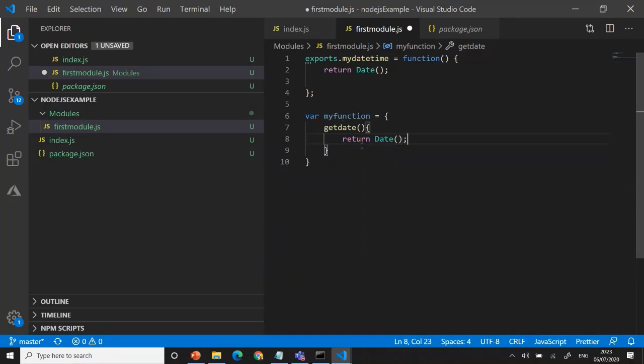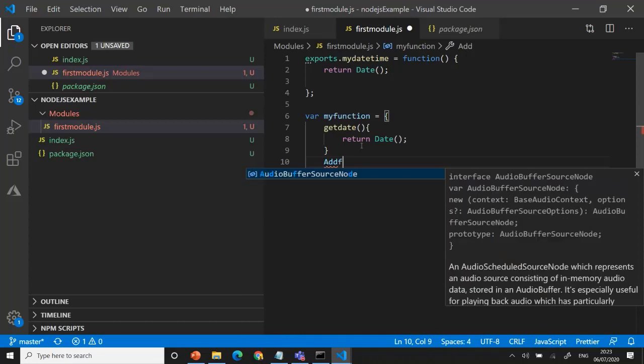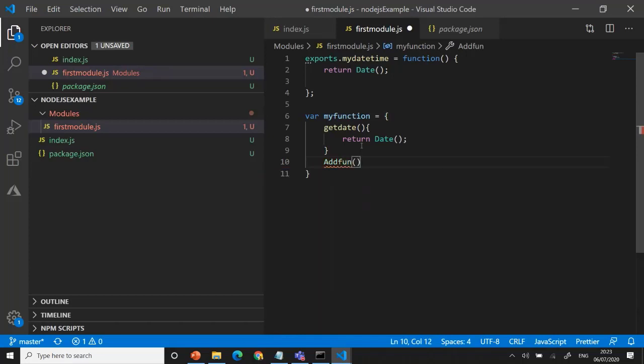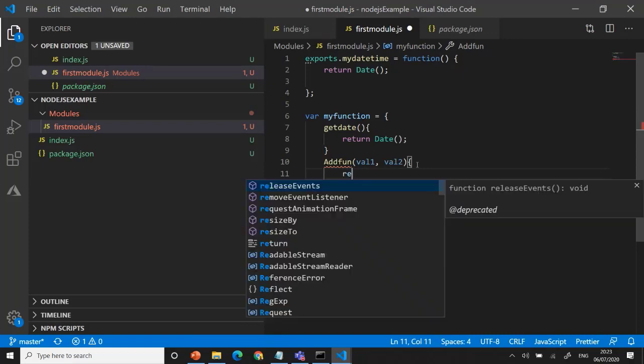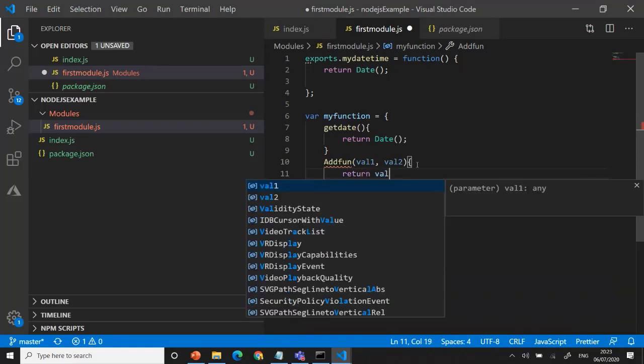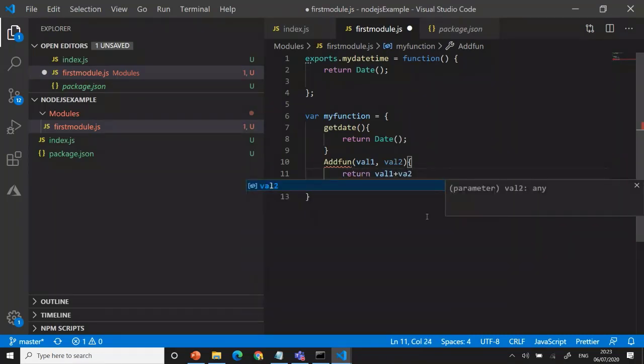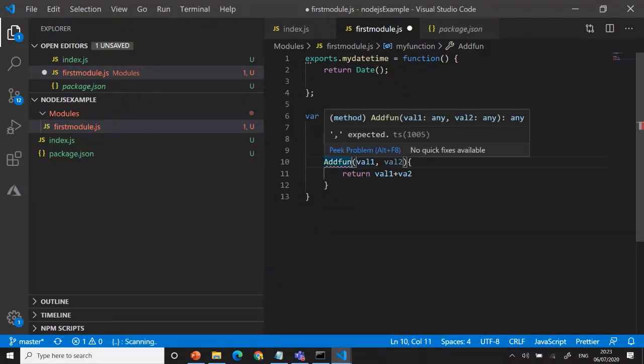Or the second one is add function. You can say value 1 comma value 2. I can return back, say return val 1 plus val 2. Likewise, we can send any number of functions.